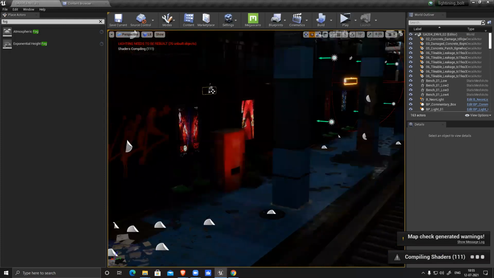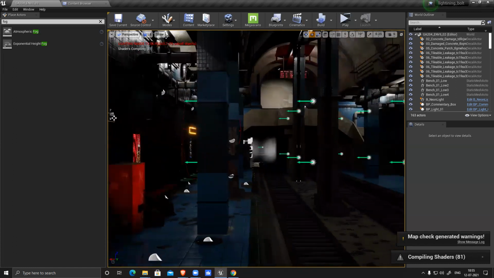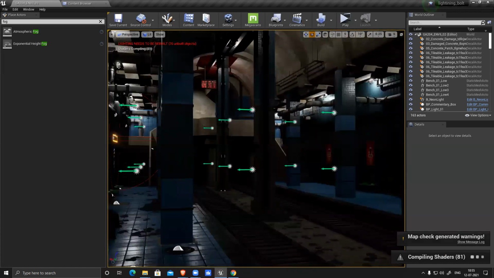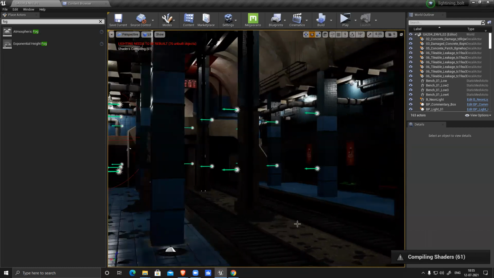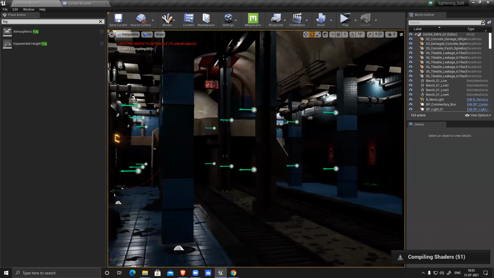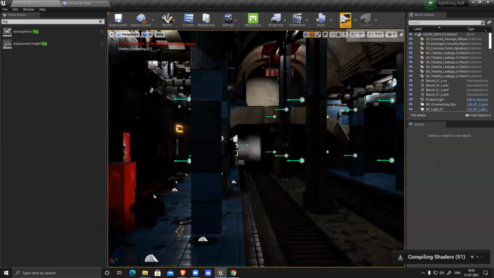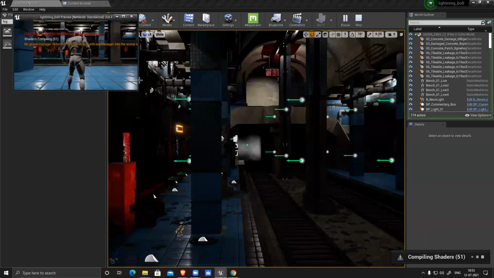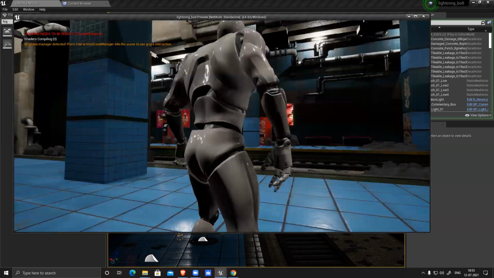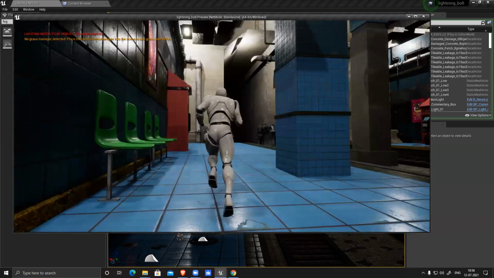It's a fully playable set. For this particular module, environment two will be using most of the things in Unreal. So if I hit play, I can see everything.